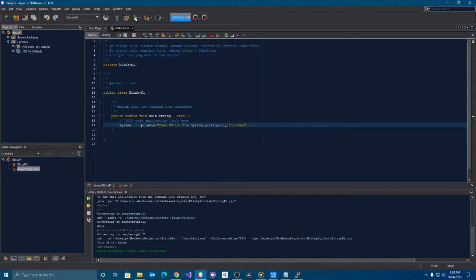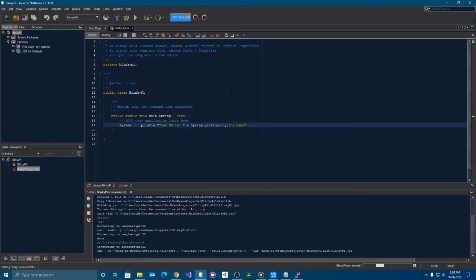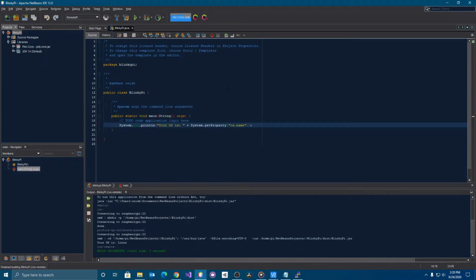So let's just take another quick run at that to make sure everything's still working, even though we added the library, and indeed it looks like it's good. So now, first thing you want to do with this BlinkyPi and PI4J is